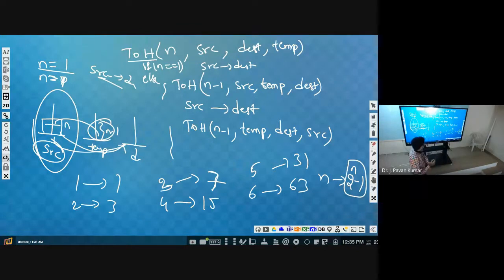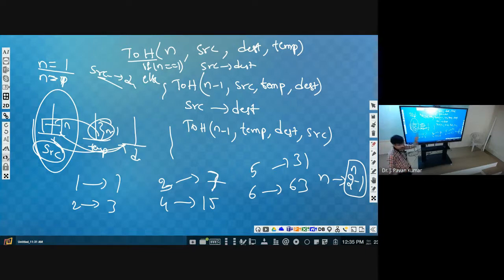Next, one more thing. If you observe in those steps, if you take 2, whatever the steps we have seen, 3, whatever the steps we have seen, middle step you observe. What is the middle step? Source to destination. Next, consider for 3, how many steps we have? For 3, 7. What is the middle step? The fourth one, what is it? A to C, right? Next, when we consider 4, 15 steps we are having. The 8th one will be the middle one, that is nothing but source to destination. That means we are moving n minus 1 to this, then we are moving this, right? That will be the middle step.